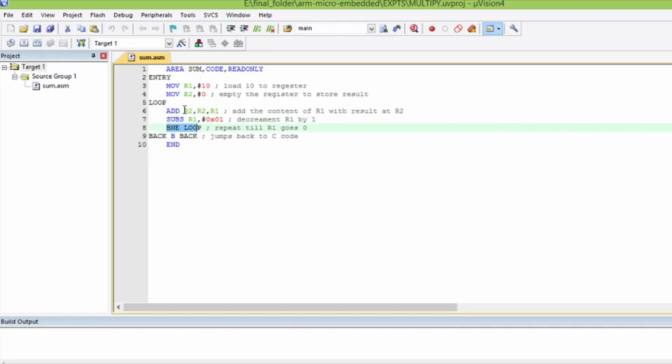Okay, so now R2 will already have the previous value, which is 10, which gets added with R1, which is currently 9, and the result will be stored in R2. Okay, again R1 is subtracted by 1, which means in this case R1 will be 8. Again it is not equal to 0, so the loop continues until R1 actually reaches 0 and